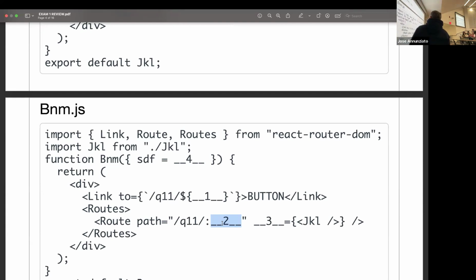So let's see. This is an expression, which means that this is referencing some variable. The only variable here is SDF, so there's a good chance that this is SDF. This can't be a variable; it has to be a hard-coded piece of text. This also is element, so this is probably SDF, and we don't know what the value is here. Okay,